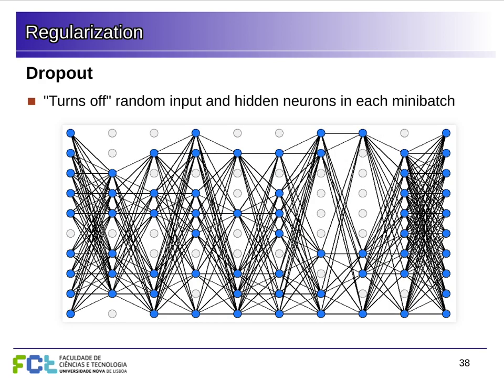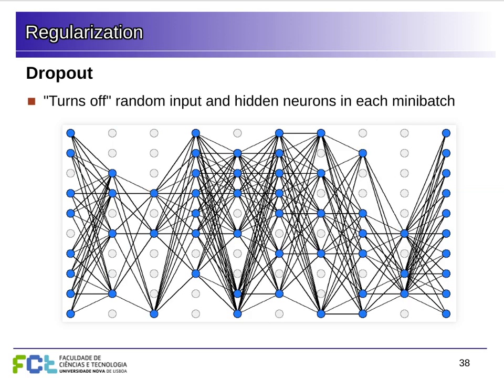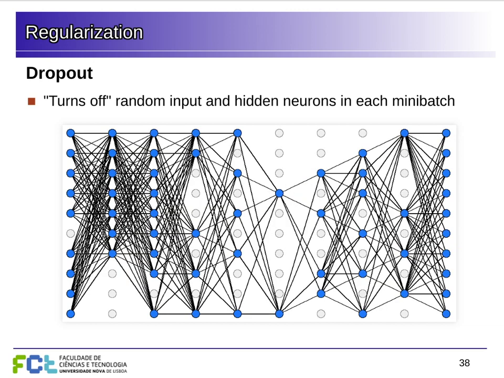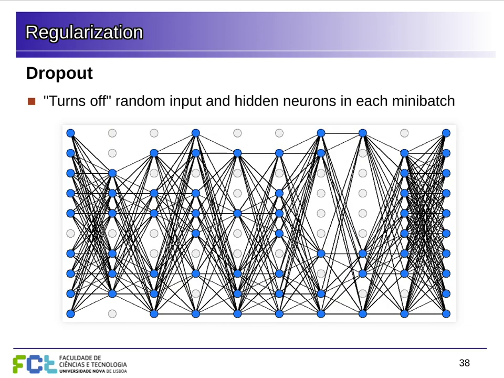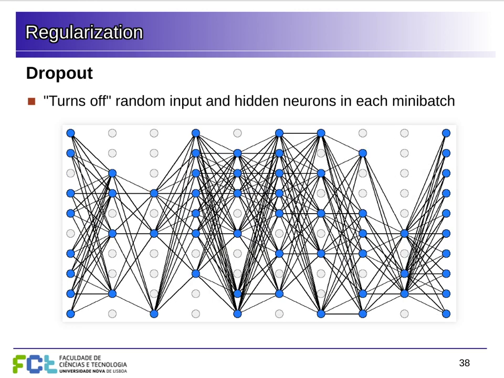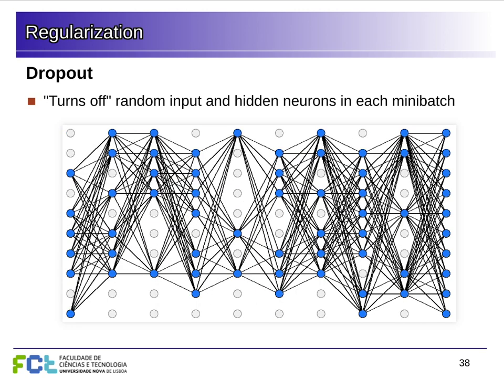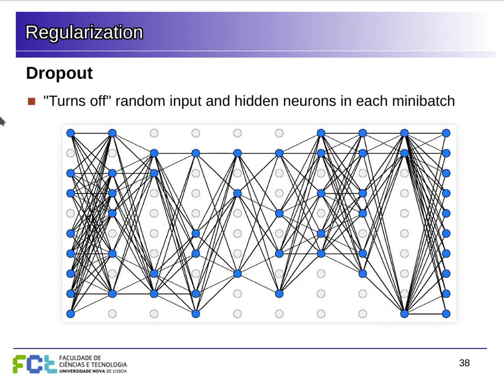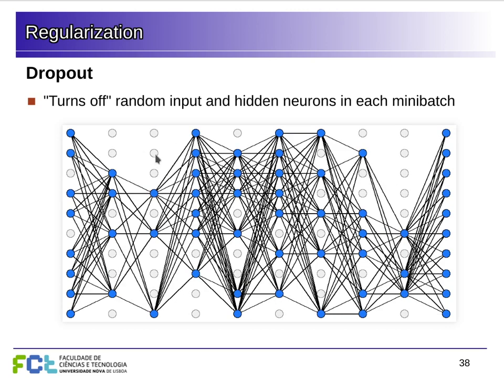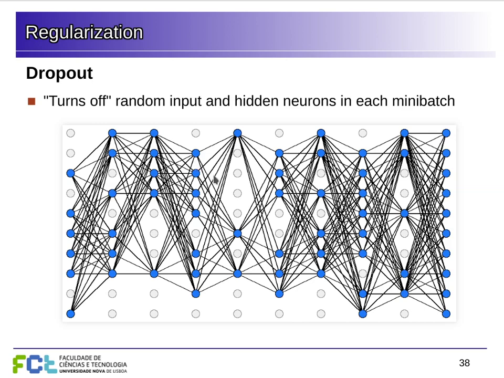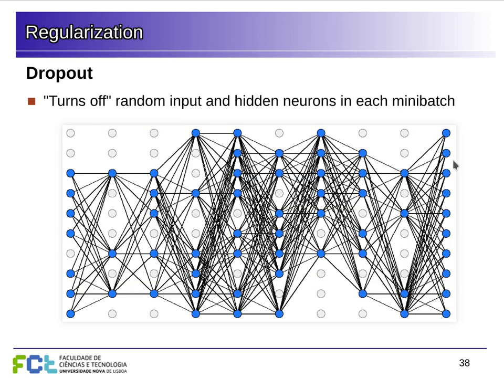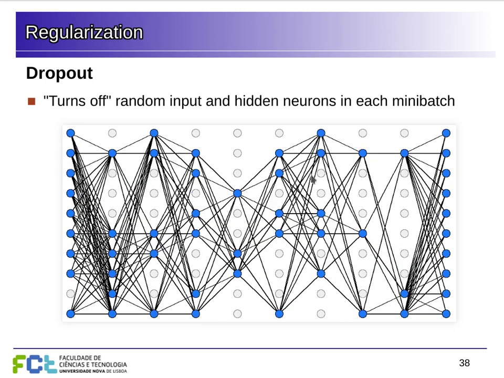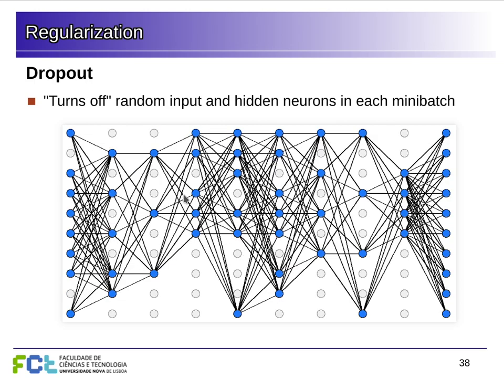And you have many different networks because these are all the combinations of neurons that you can turn on or turn off at each mini batch. So basically, you are implicitly training an ensemble of deep neural networks by using dropout. Dropout is a very useful and very widely used regularization method in deep learning. You can use it with a small percentage, for example, 30% or 20%, for the hidden layers. You should not use dropout in the output layer because this is the one where you have your predictions. It doesn't make sense to turn off these neurons,